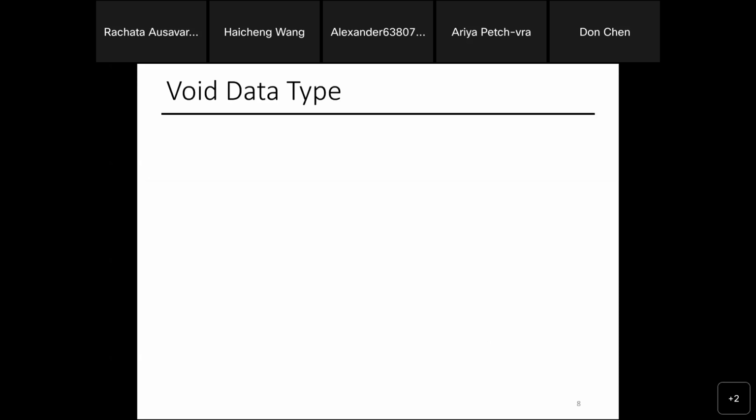More things to consider. First of all, you can have the void data type. What does it mean? It means that I don't know the data type right now. Why can that happen? Sometimes you just know that some data will come in, but you don't know what the data type is yet. You can specify it later. So that's one thing that can happen.